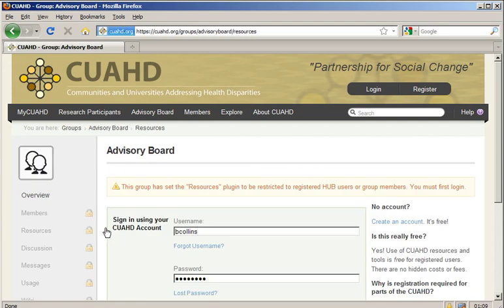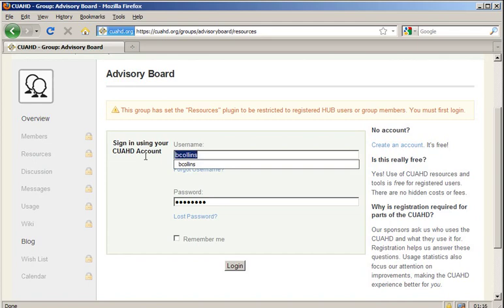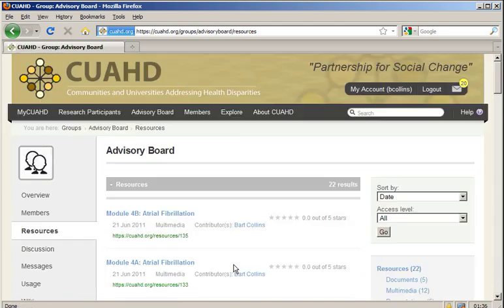If you haven't logged in recently to your account, it may ask you for your username and password. You can enter that in the appropriate fields. And it might be helpful for you to click the Remember Me button. It might allow your browser to remember your ID and password so you don't have to log in repeatedly. But if it doesn't, you can always enter it here. Once you click on Login, you'll be taken to the private advisory board group that we've set up and directly